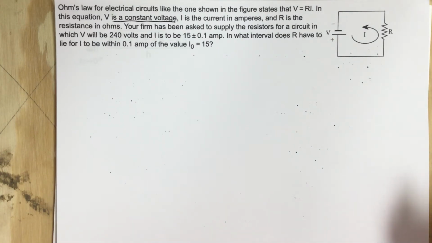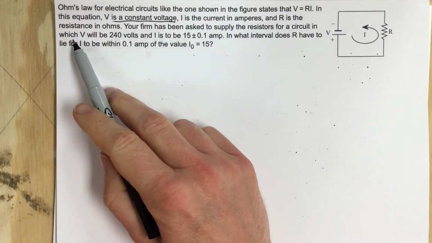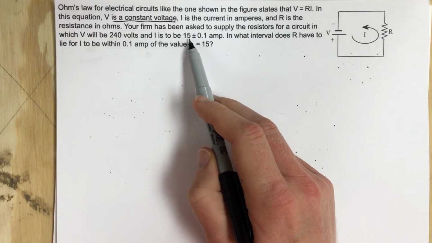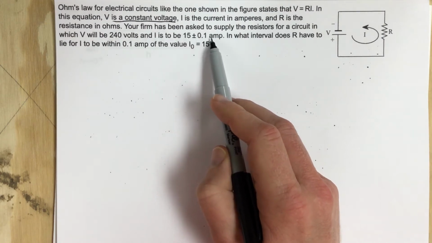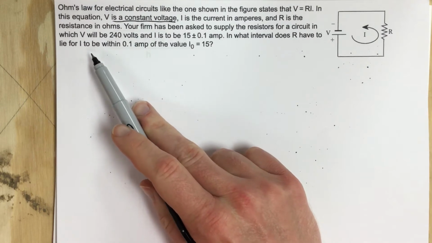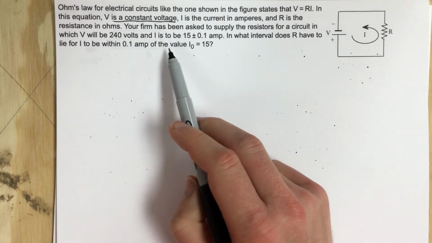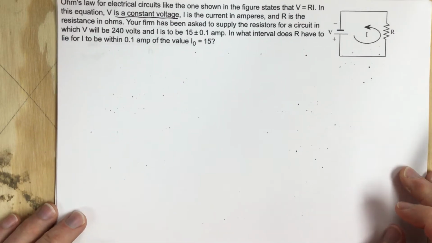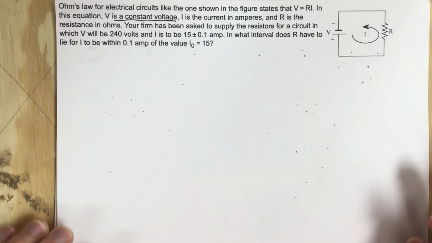Your firm has been asked to supply the resistors for a circuit in which V will be 240 volts, and I is to be 15 plus and minus 0.1 amps. In what interval does R have to lie for I to be within 0.1 amps of the value I0 equals 15? All right. The first thing we need to do is